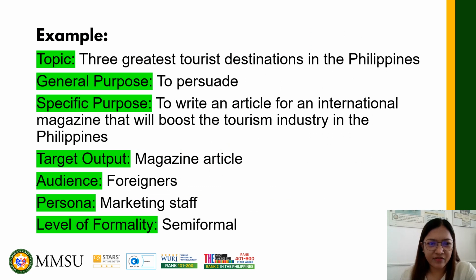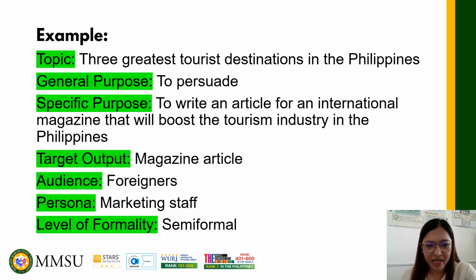Here is an example of how you will be structuring your step number one, identifying the situation. So you may start with the topic first. Example, there are three greatest tourist destinations in the Philippines, and then followed by your general purpose, which is to persuade, and the specific purpose, which is to write an article for an international magazine that will boost the tourism industry in the Philippines. After that, you identify the target output, so it will be placed in a magazine article